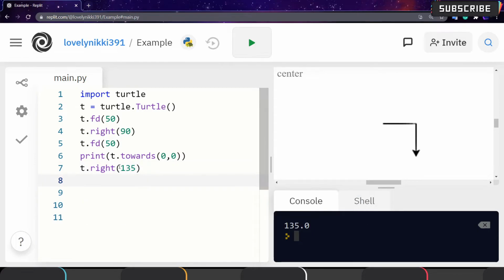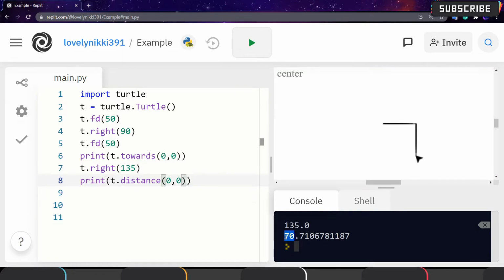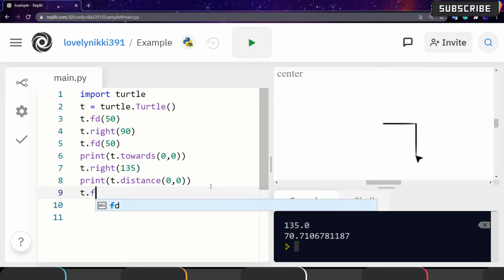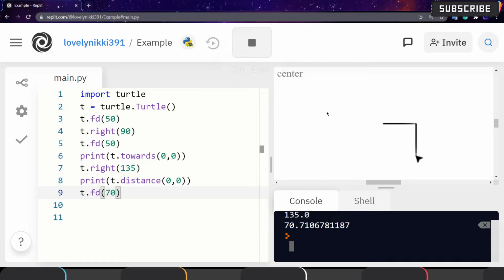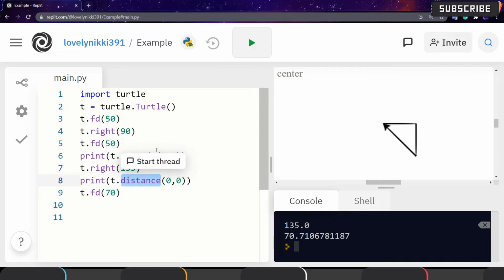Then I will see the distance between the current position and the 0, 0, the home position. We can give any value here in place of 0, 0. So it is giving 70, right? So I will move forward 70. Here you can see that it is giving the correct position from here to here. The angle is 135 and the distance from here to here is 70. So by using the distance function and the towards function we can get these values.